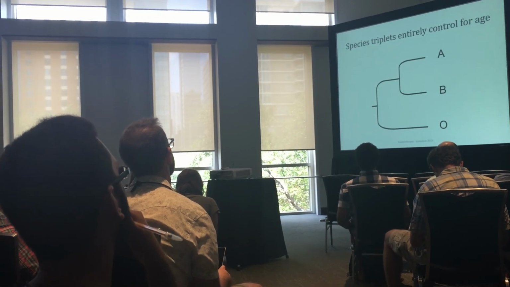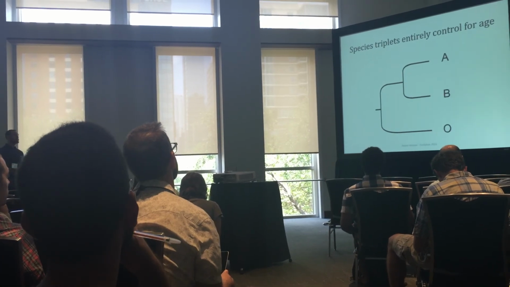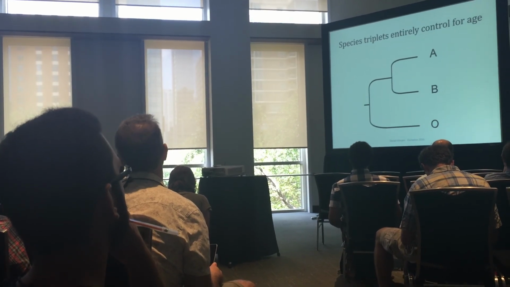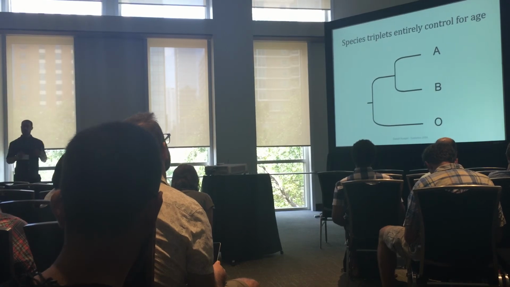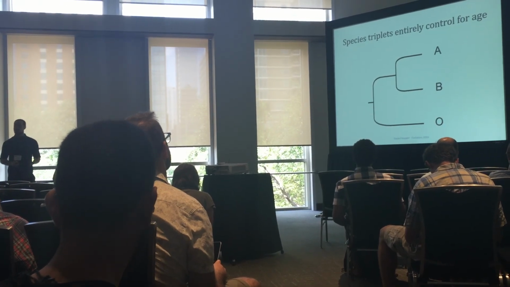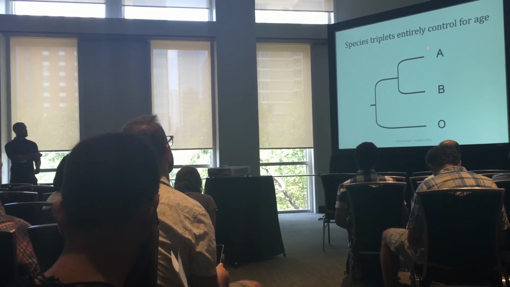And very quickly to finish, I also looked at these species triplets. These species triplets are a powerful way of completely controlling for age. So a species triplet is composed